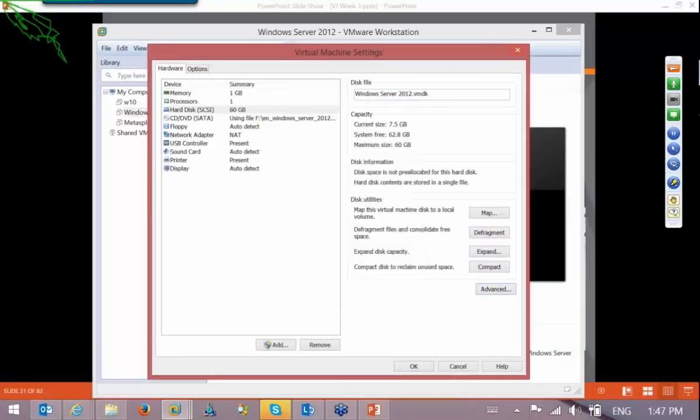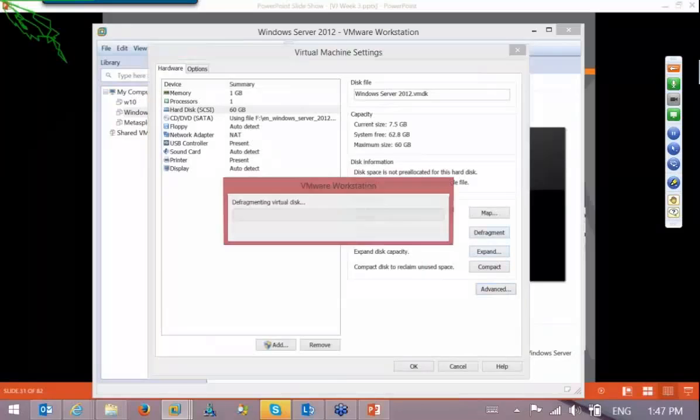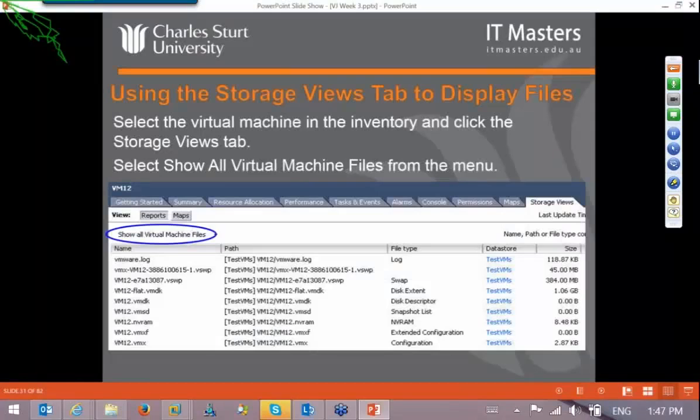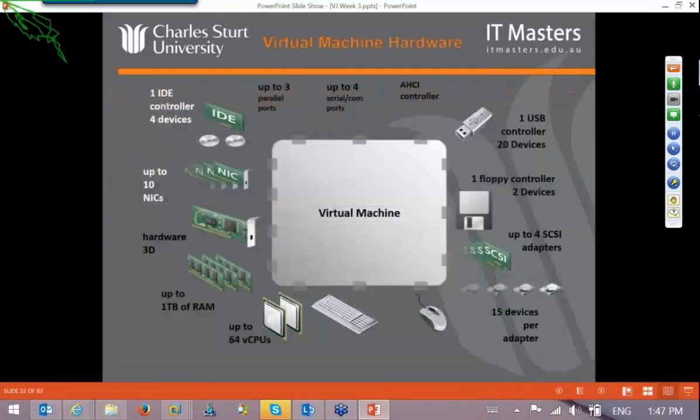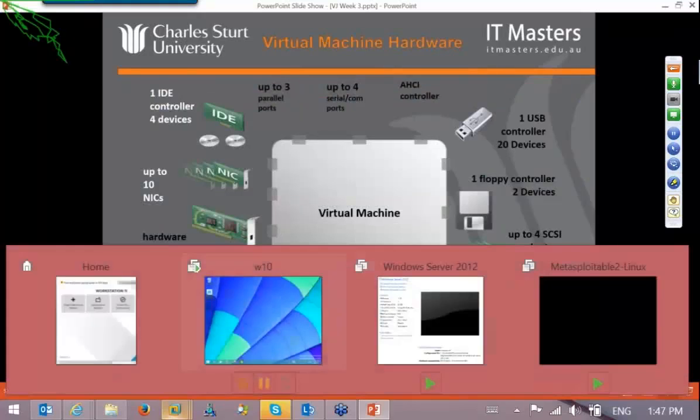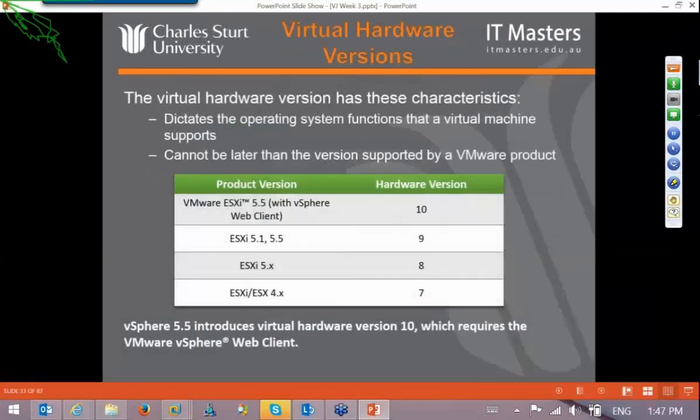You can just add or remove the locations. You can just defragment or expand the hard drive from here. Soon you're going to see how you can do it from the enterprise environment as well. So, similar to the workstation, your virtual machine hardware